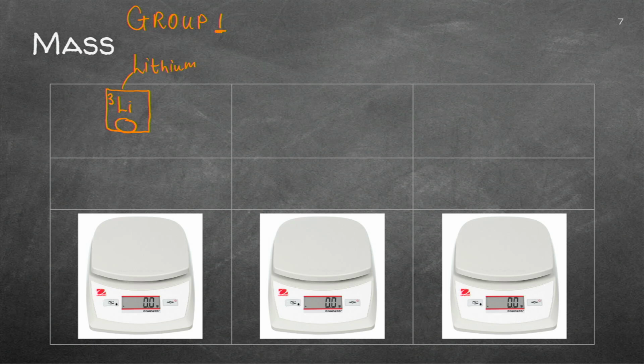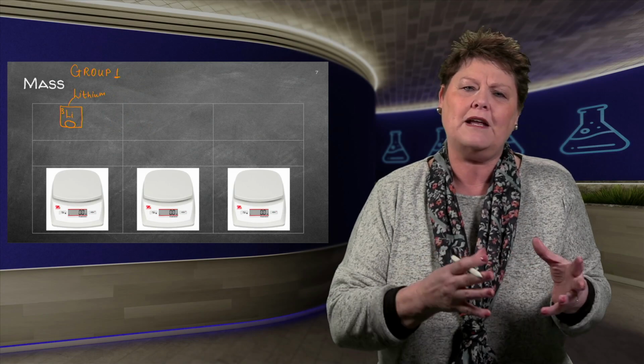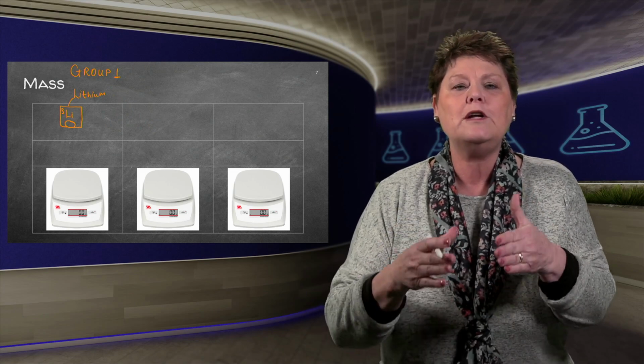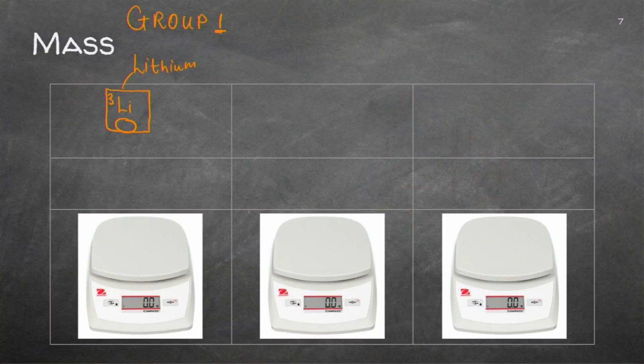Now, I've got my periodic table here, and remember, you'll get a specific periodic table, so it might differ from anything that you see in a textbook, but the one you're going to be using in the exams will be the values that you use. On my periodic table, I've got the number 7 written down there. So what it means is that in the periodic table, if we compare carbon, which has got a value of 12, for the same scale, lithium would have a reading of 7. Now we'll get to the quantities just now.